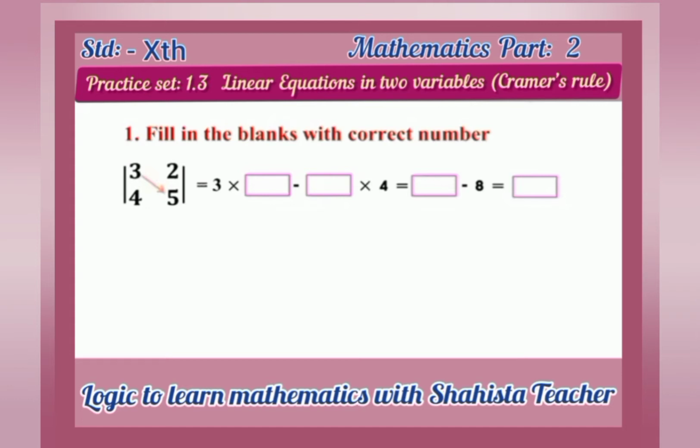Simply we do cross multiplication inside this matrix. So 3 is written, multiply by 5 inside this box, and here 4 is outside and multiply by 2. Okay, see this blue color, so multiply by 2. So 3 multiplied by 5 gives us 15, and minus 2 multiplied by 4. This 15 here we will write, then minus 2 multiplied by 4 is 8. So 15 minus 8 is 7. Is that clear? So simple and easy to solve question number 1.